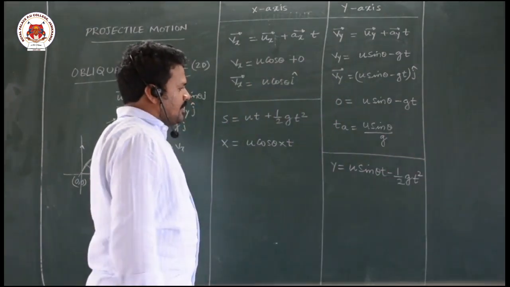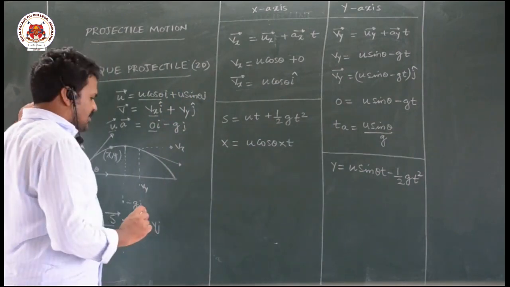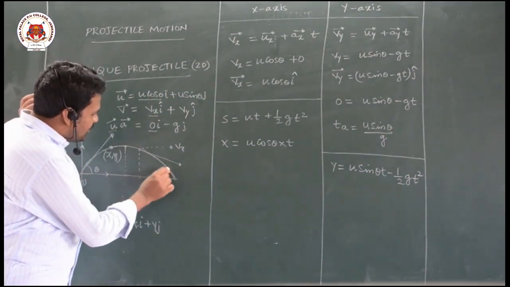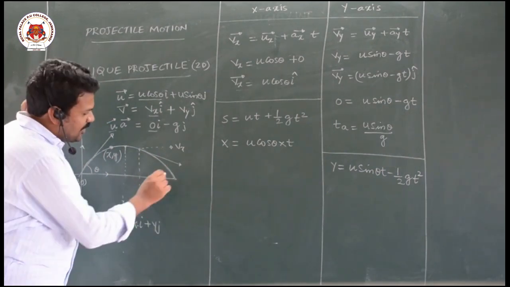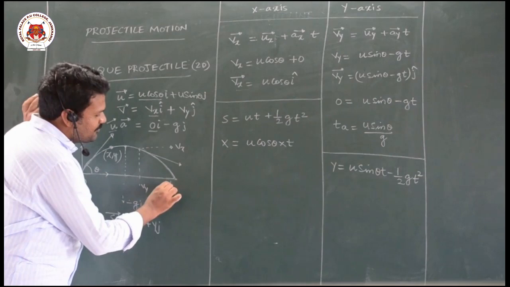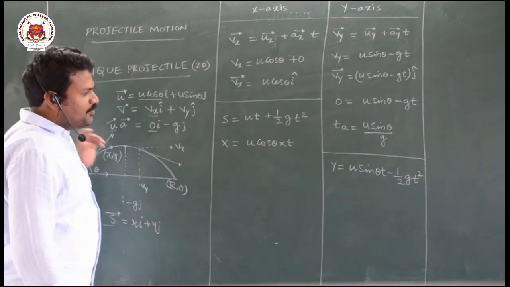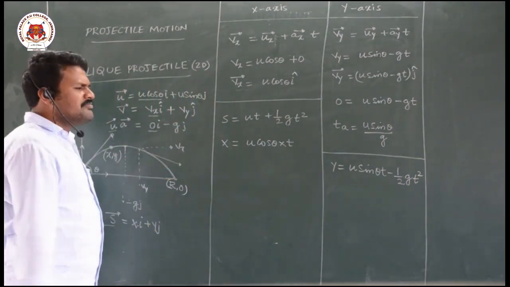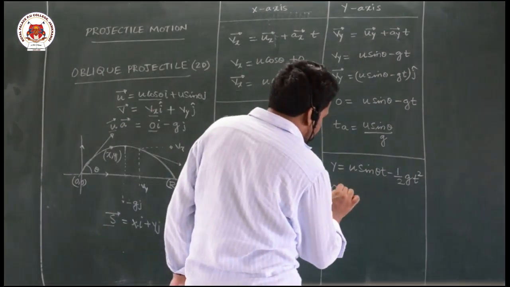Okay, this is the condition. Now suppose, let us assume this projectile has completed its journey, then what will be y value? It is falling on x axis again. What is the y value? Coordinates will be R comma 0. If I put y is equal to 0, I can calculate total time taken, that is nothing but time of flight. So put y is equal to 0.